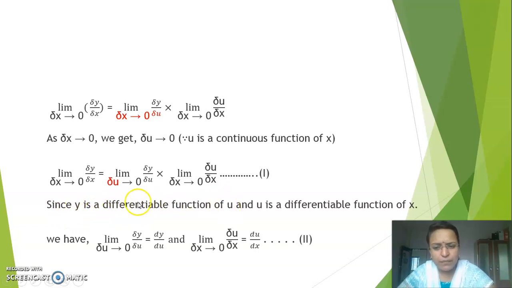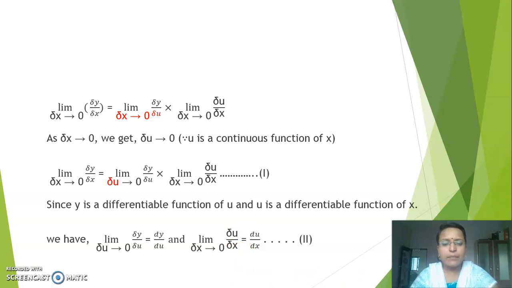Here we know the definition of a differentiable function. Differentiable function means their derivative exists, so the derivative of y with respect to u exists here, and therefore we write this in terms of dy by du. Limit as delta u tends to 0, delta y by delta u equals dy by du,